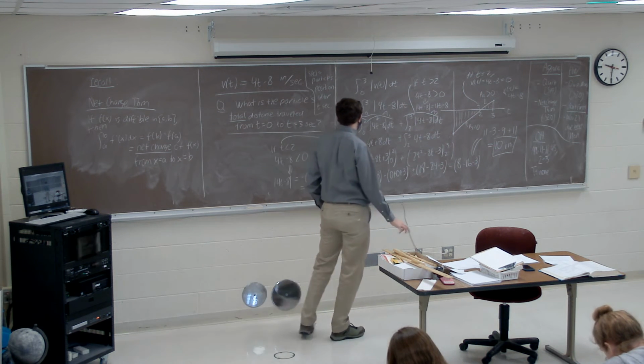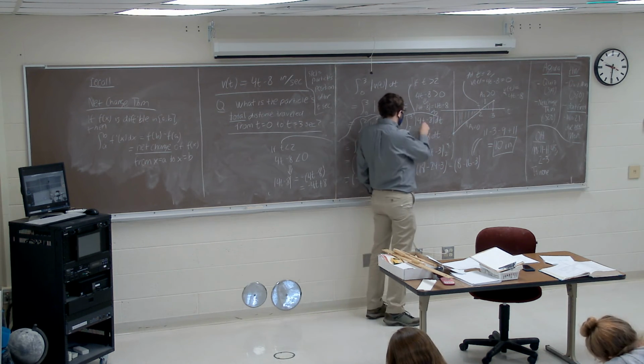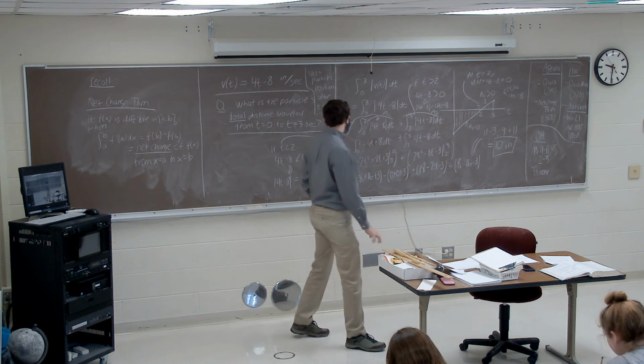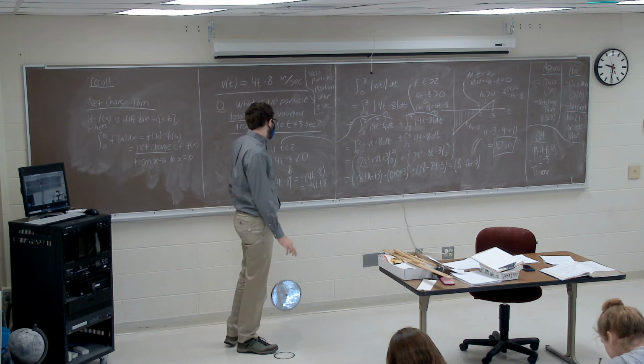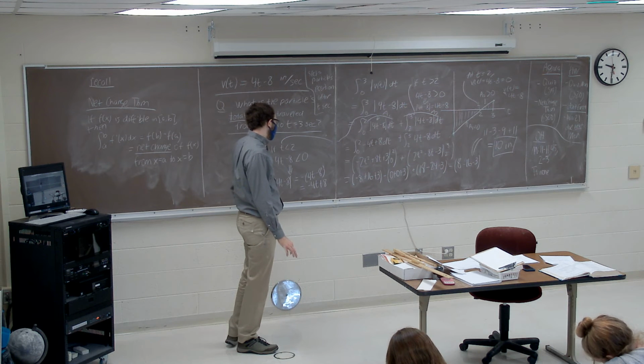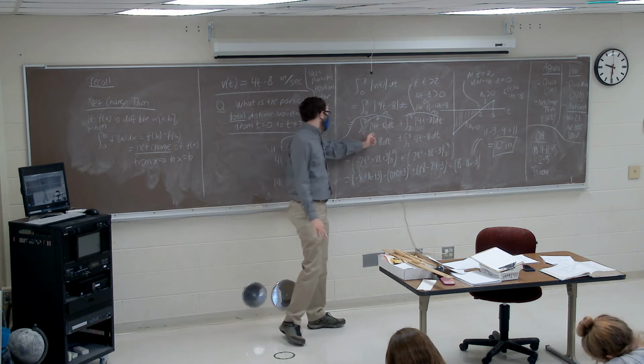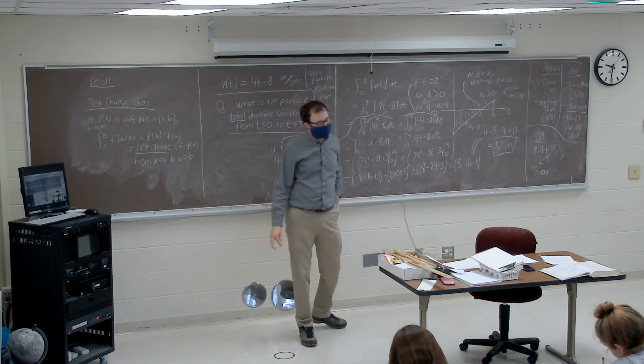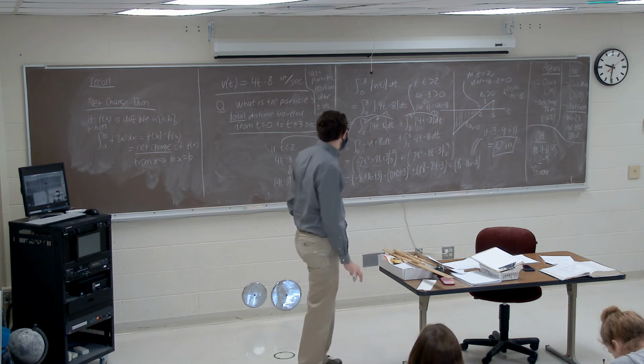And then if t is greater than 2, the absolute value of v of t is the same as just v of t. And if t is less than 2, then the absolute value is going to give us the negative of v of t. So from 0 to 2, I replace that absolute value of 4t minus 8 with the negative of 4t minus 8, which turned out to be negative 4t plus 8.